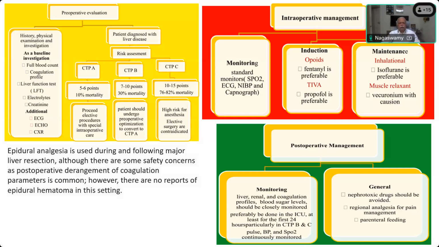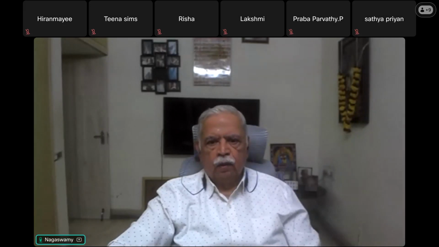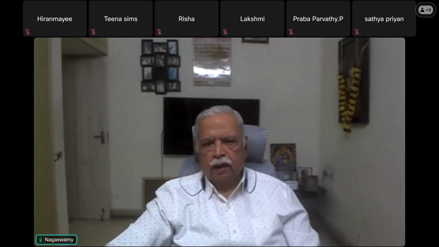post-op pain relief. At the same time, you have to be quite cautious about the dosage of local anesthetic, as local anesthetics are also metabolized in the liver. So one has to be very watchful with the dosage that you use. So this is a very short form from the examination angle of writing this question within the time available. Now I will share another PPT on the